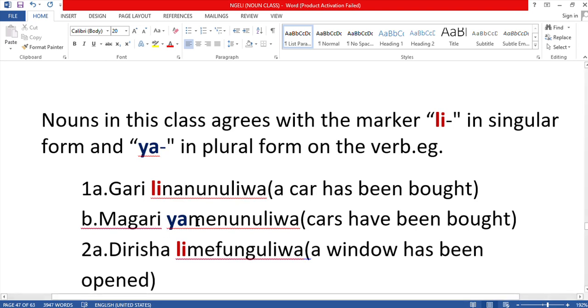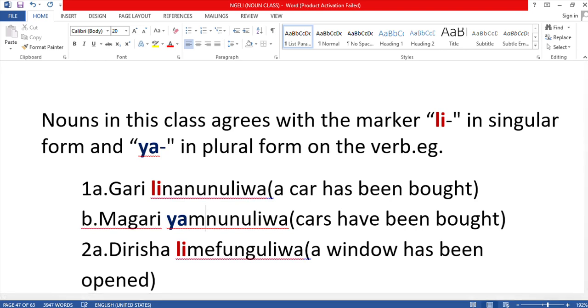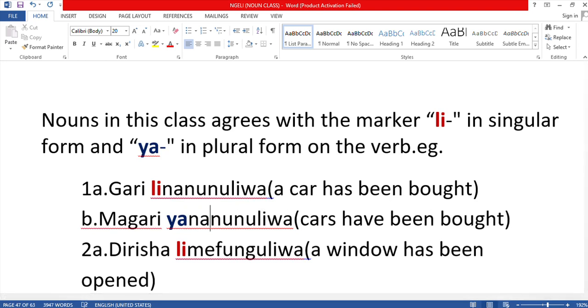Then here also we'll put na. Okay, so everything, if you want to put it in present tense, we just put it na. Okay, so as we can read, gari linanunuliwa, it means the car is being bought. Magari yananunuliwa, cars are being bought. So this is how you do it in